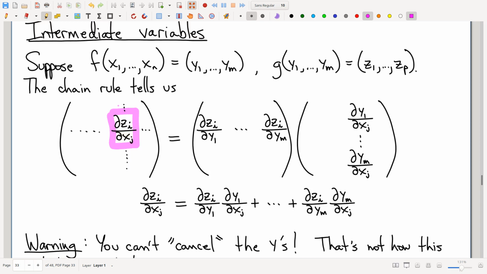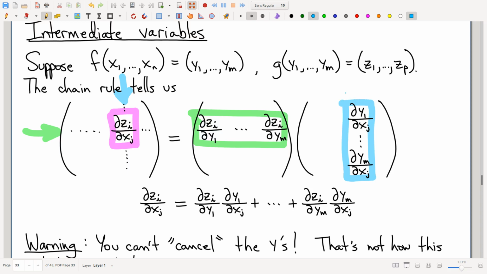So if you just want the one element, well, it's a matrix multiplication, so I'm just going to identify what row that element is in, and I'm going to take that corresponding row of the left matrix, and I'm going to identify what column the element that I want is in, and then take the corresponding column of the right matrix,